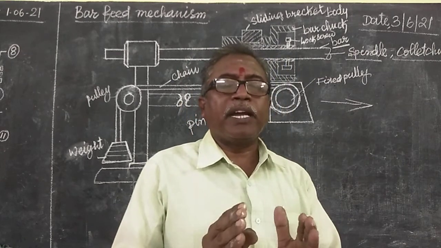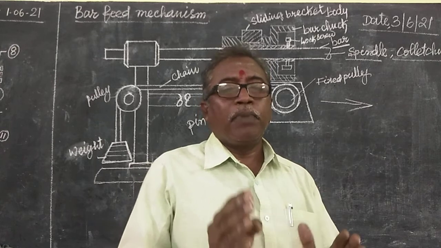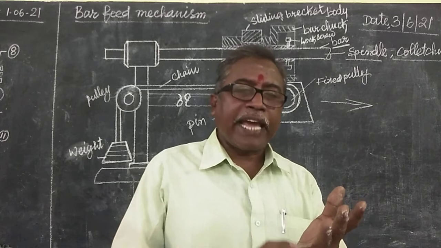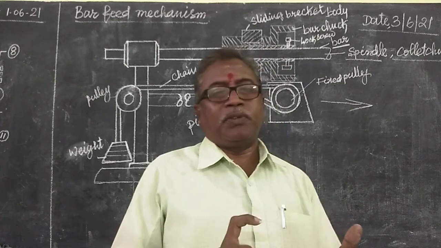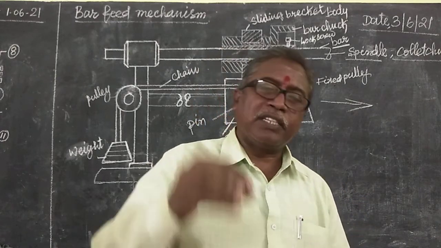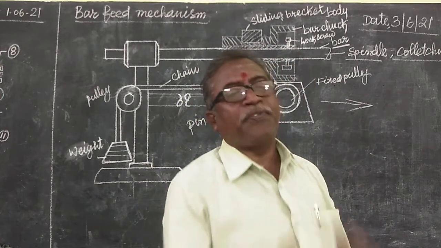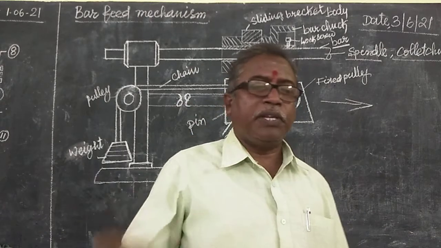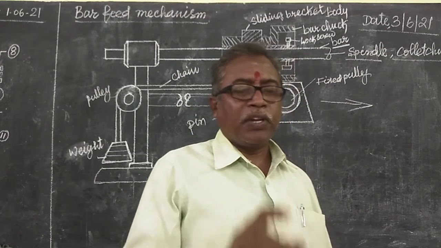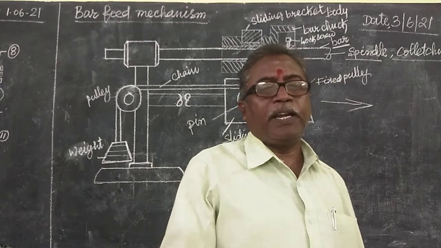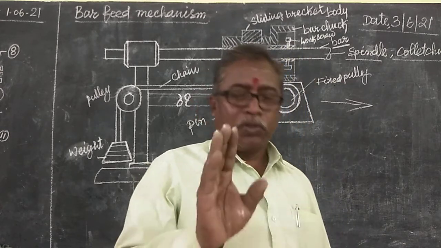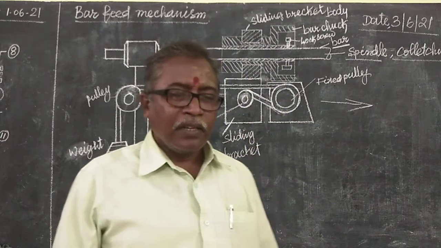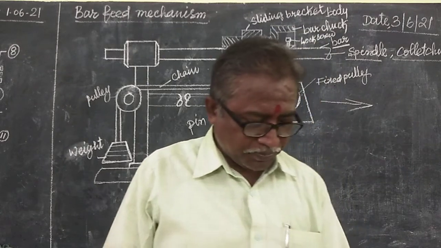The turret mechanism works by using levers, forks, cams and stops, so these four will be there. Springs are provided, one to lift the turret head, then a handle to give the position when you rotate it like this. Instead of explaining like this, I will show you that mechanism video tomorrow. Okay, so this is the bar feed mechanism.